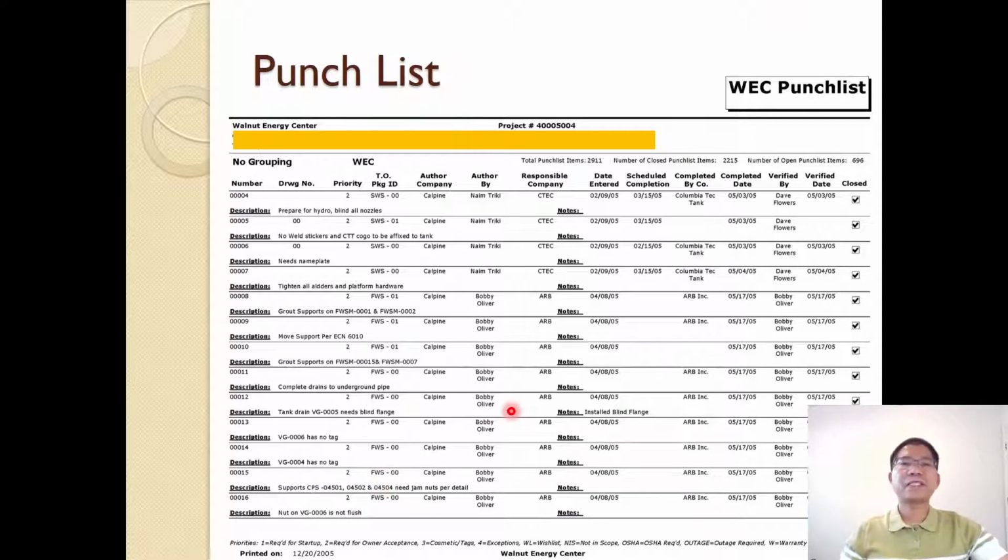And you can maintain the punch list items: what item, who is the author company, authored by, who is responsible, which company is responsible. Painting goes to the painting company, then roofing company, door, things like that. When it is going to be complete and when it closes. So that is the summary of the project report and closeouts.